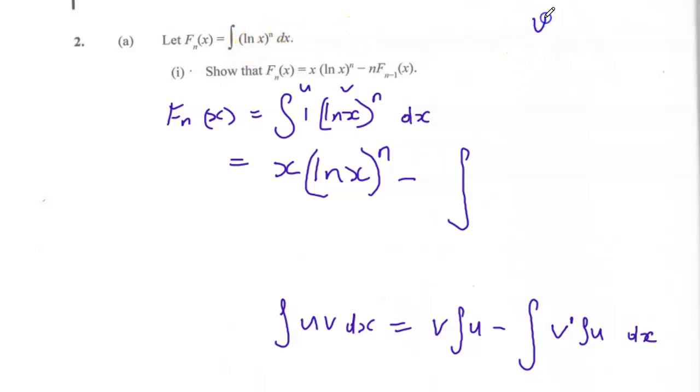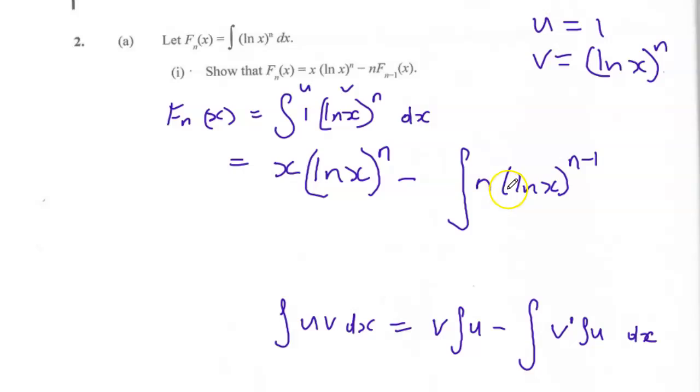So I'm using u as 1 and v as ln x to the power of n. So v prime, I differentiate ln x to the power n using the chain rule. It would be n times ln x, I subtract 1 from the power, and differentiate ln x, I get 1 over x. So that's the v prime I just wrote down there. And then the integral of u, which of course was x, so times x dx. So 1 over x times x, that will cancel. So we end up with x ln x to the power of n